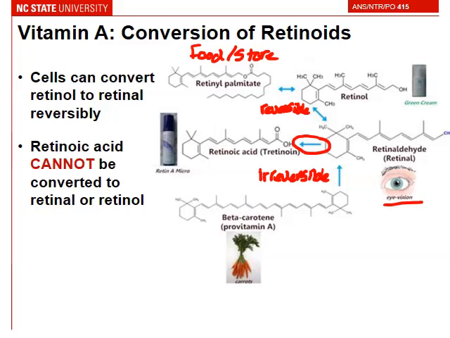So this is one of the interesting things that was actually discovered utilizing chicken and chicken embryos. So they made these hens vitamin A deficient. So they were deficient. However, they were given a diet that had high levels of retinoic acid. So they did not show the typical clinical signs of vitamin A deficiency, and then had these